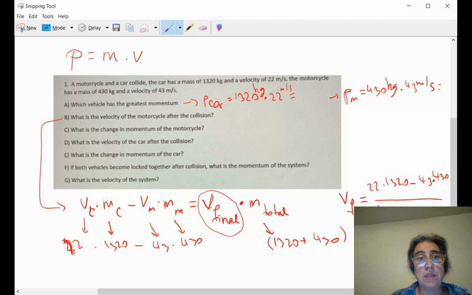Okay. Now, the next question says, what is the change in momentum of the motorcycle? So the motorcycle